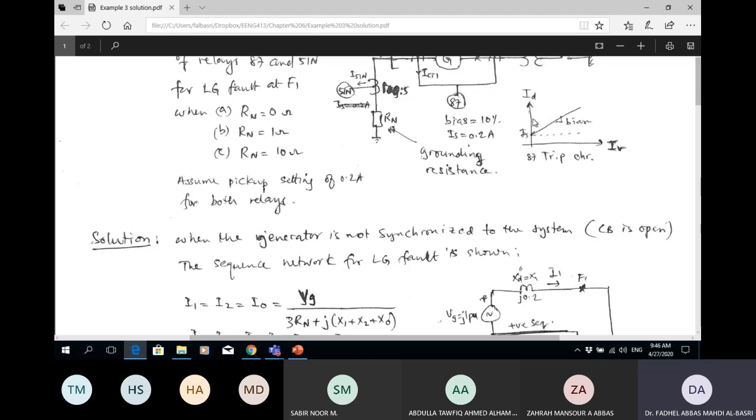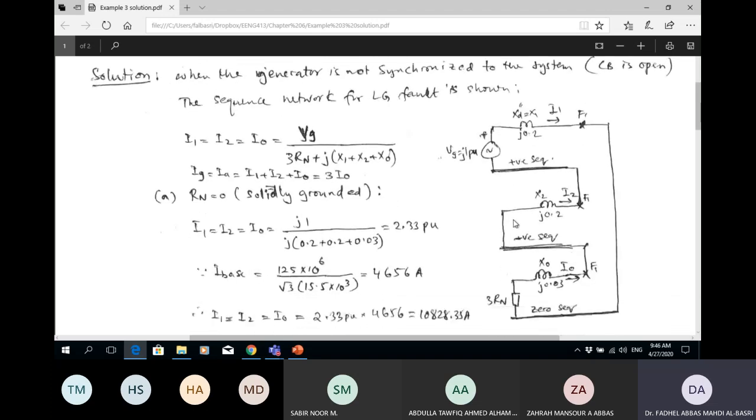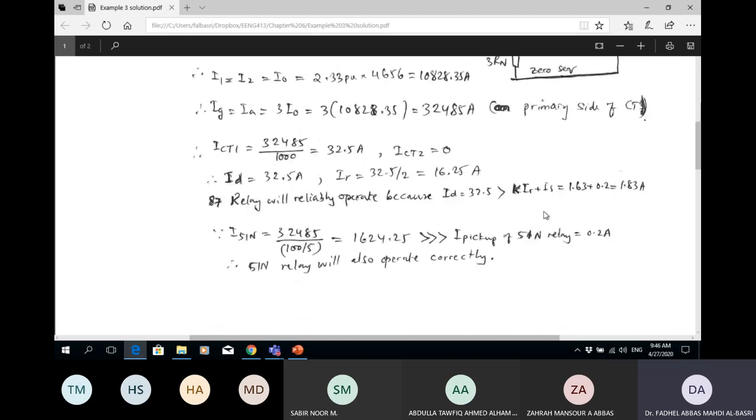The relay operates if ID is greater than IS plus K times IR. When I substitute K times IR plus IS, I get this value. So while I differential is this value, I differential is already greater than KIR plus IS, so the relay will operate